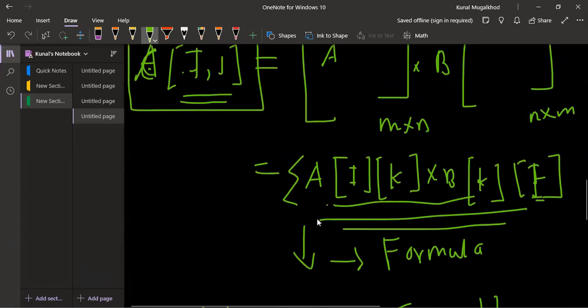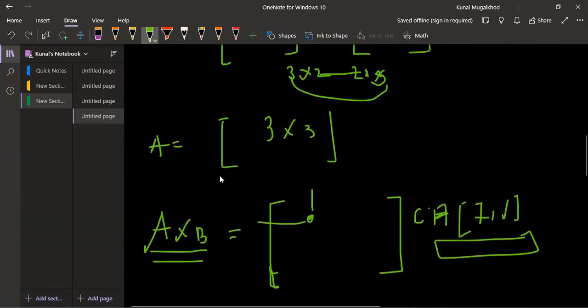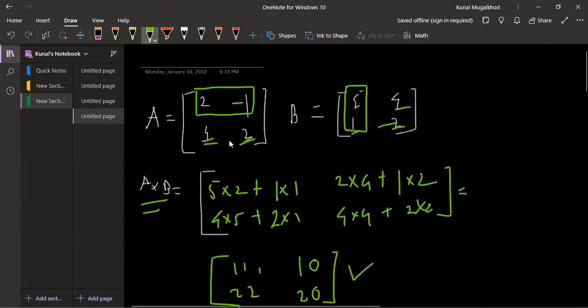Here is one mistake I made earlier while explaining: I did not add this particular summation. So this is the summation. Okay, we have to sum. You can see, we have to multiply this first row with this first column element by element, and then we have to do the addition of those elements.